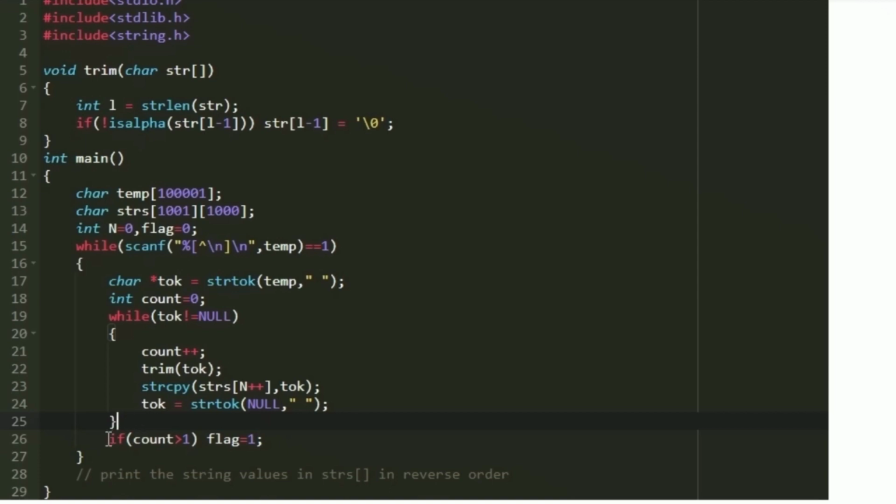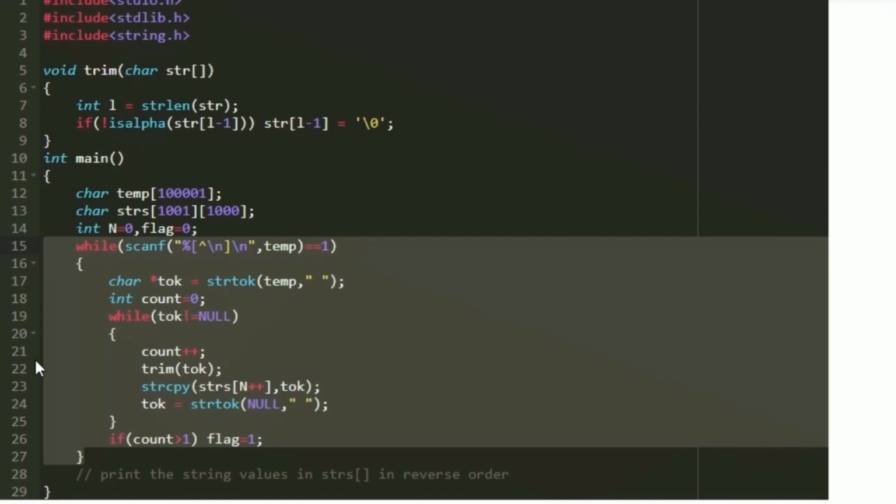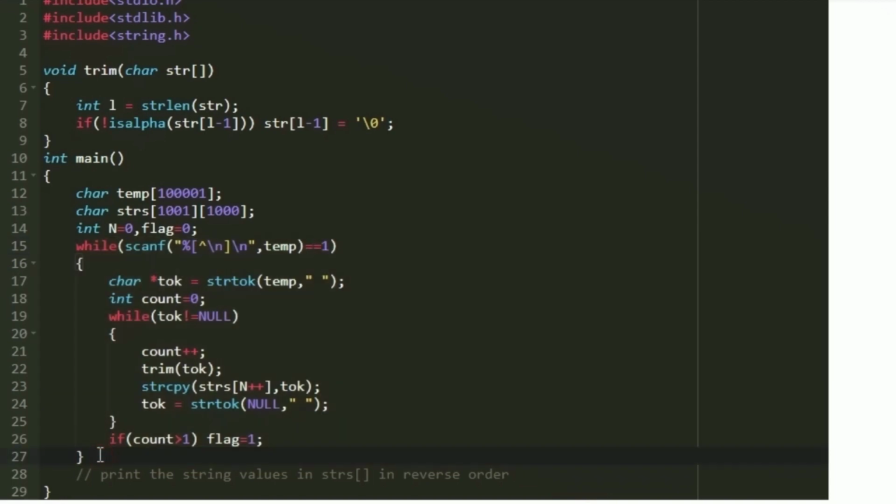If the count is greater than 1, then it means that the input is given horizontally, because if the input is given vertically, then there will be only one word in each and every line. So the count value will always be 1. Using that only, we are going to determine whether our input is being received horizontally or vertically. Finally, after the execution of this outer while loop, we would have accepted all the words as an input, and we would have also determined whether our input is given horizontally or vertically.